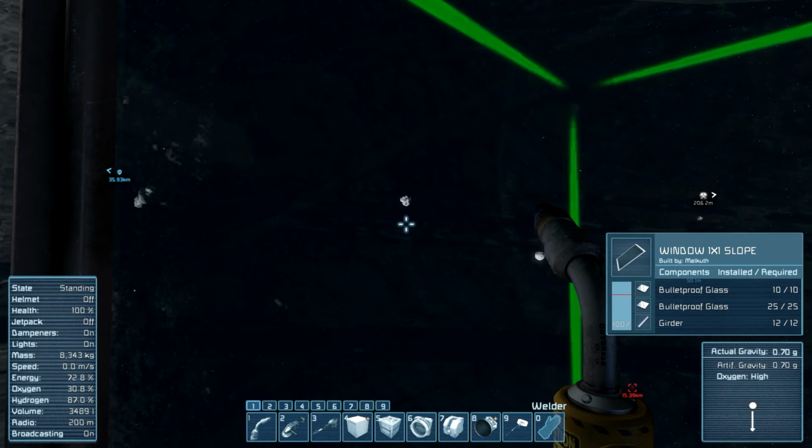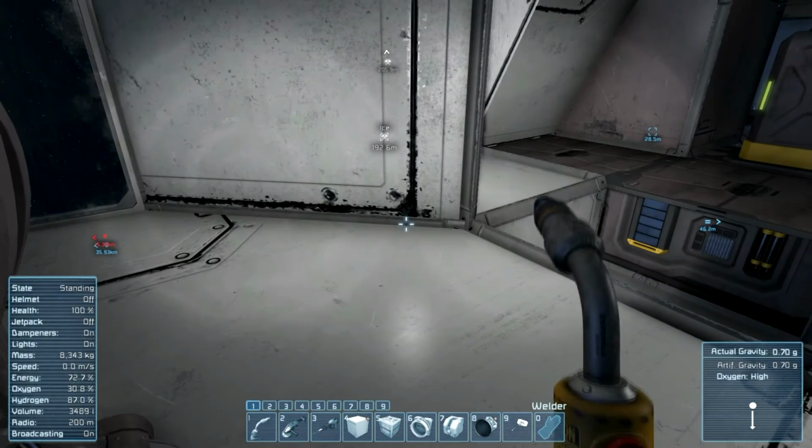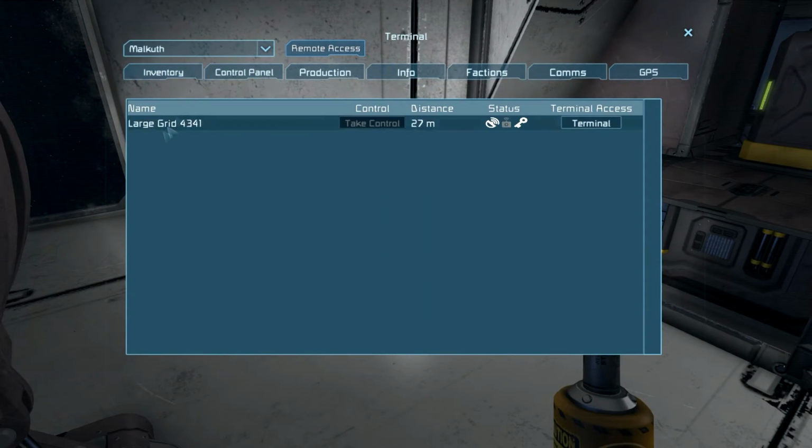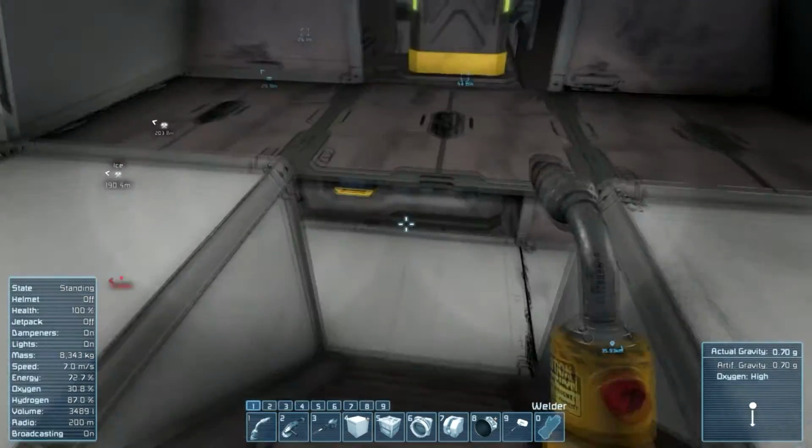Now, if I could find a big asteroid that has platinum, iron, oxygen, and all, which is what I'm actually looking for, that'll be great. So, let's do this real quick. Info, remote access. It's connected to the large grid right now, so I actually have to disconnect it. Remember what I said about